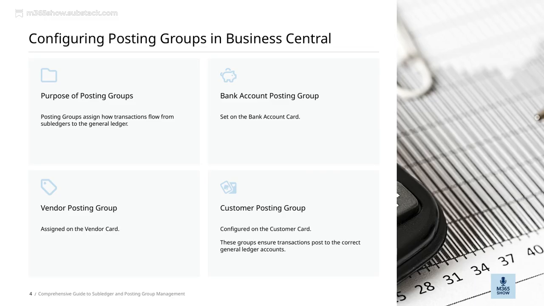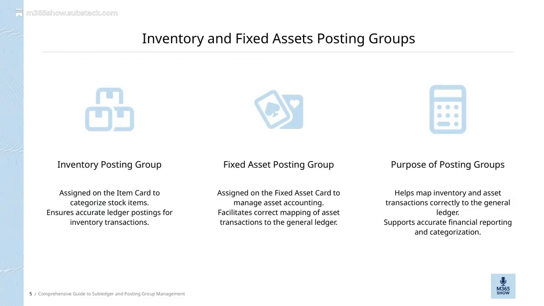The main purpose of these posting groups is to control how transactions flow from subledgers, like customers, vendors, or bank accounts, into the general ledger. This setup ensures that every transaction is categorized accurately, which is vital for reliable financial reporting. Throughout our presentation, you'll see how understanding and properly configuring these groups helps maintain data integrity and simplifies the accounting process. Let's take a closer look at Slide 5, which focuses on the comprehensive guide to subledger and posting group